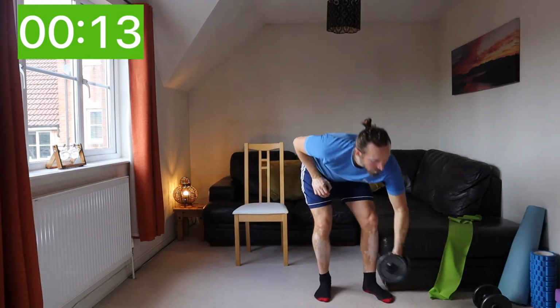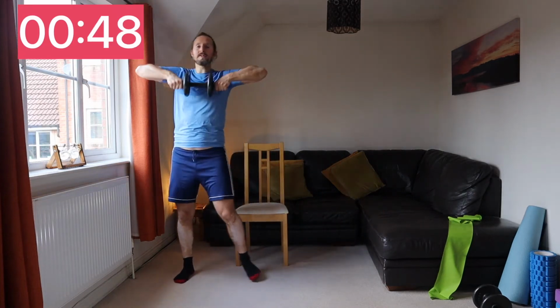Okay, 22 seconds recovery. We have next upright row with a double side step. So again, using weight or not at all, it's up to you. So double side step, which is like so, with our upright row. 3, 2, 1, off we go. So upright row, double side step,